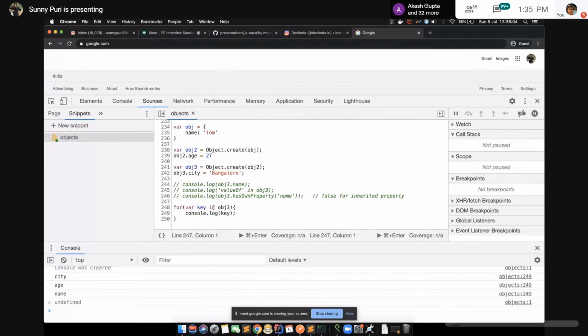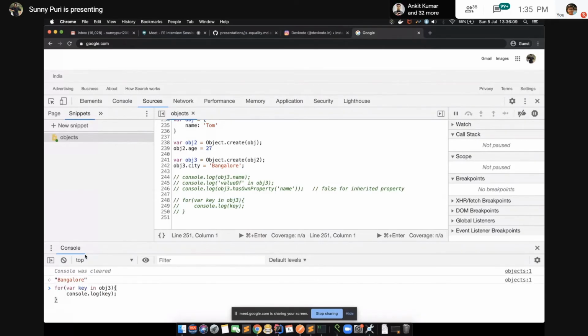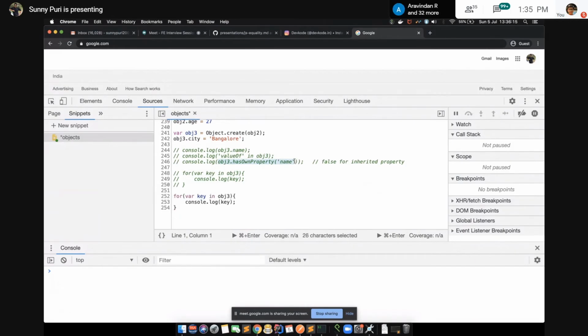Okay. So usually, if I want to iterate only own properties, how can we do it? We can do something like this.